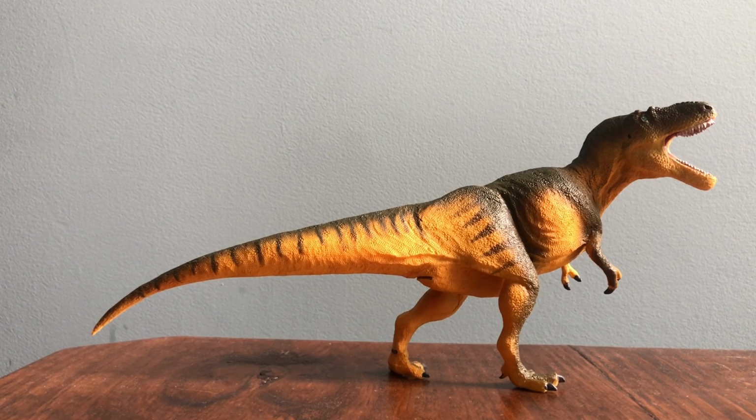So for the animal information, Daspletosaurus is a really cool theropod. It's pretty similar to T-Rex. It's almost like the T-Rex before T-Rex. It's closely related, they filled a similar niche, and they lived in a lot of the same locations before T-Rex